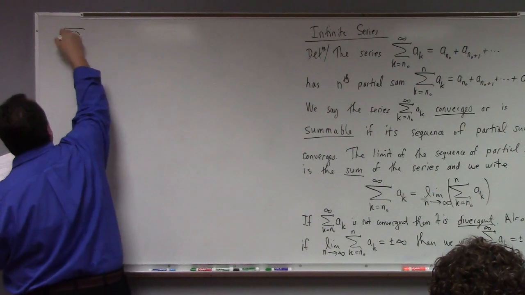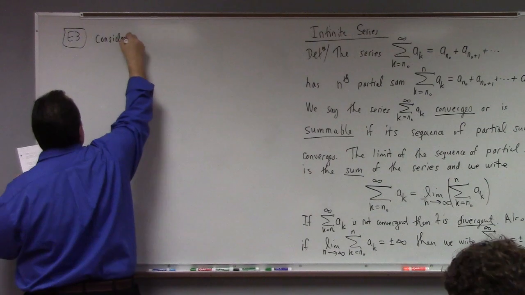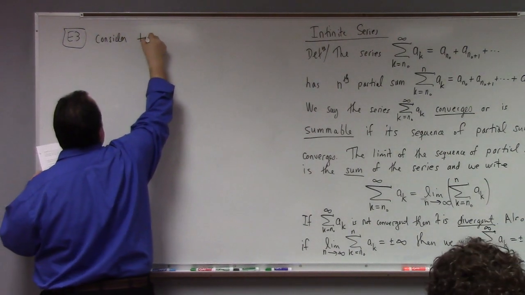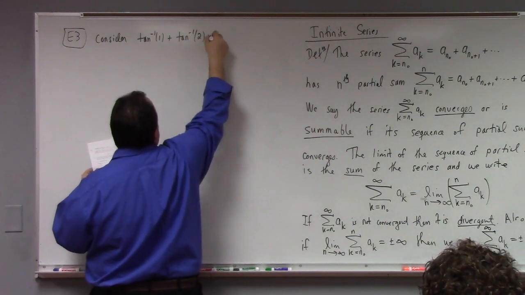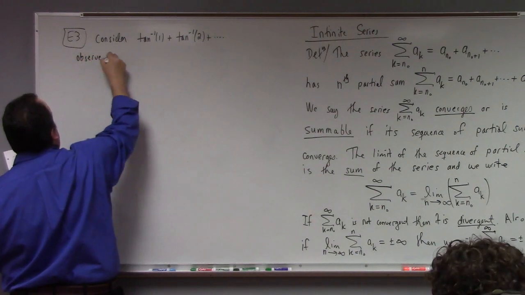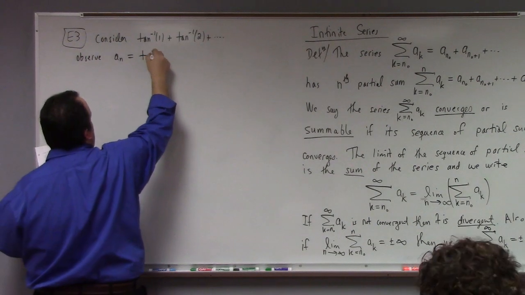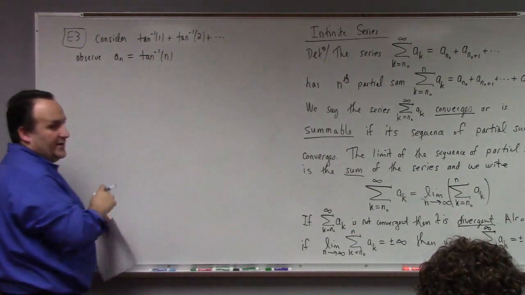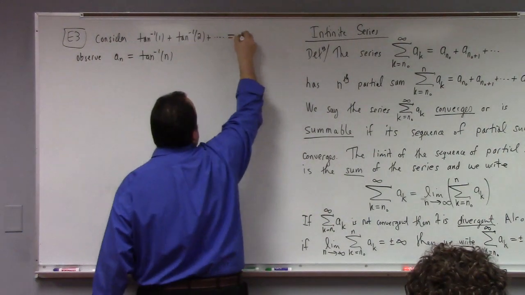Here's a simple one that's a little bit interesting. Consider, what if you got inverse tangent of 1 plus inverse tangent of 2 plus dot, dot, dot, right? Observe A sub n, we could say, is equal to what? It looks like it's going to be equal to inverse tangent of n, right? So if I recognize this as a series starting at 1, you could rewrite this infinite thing as the sum